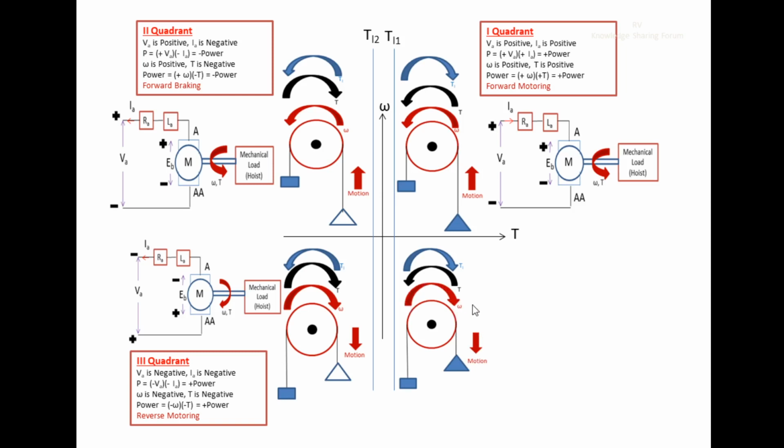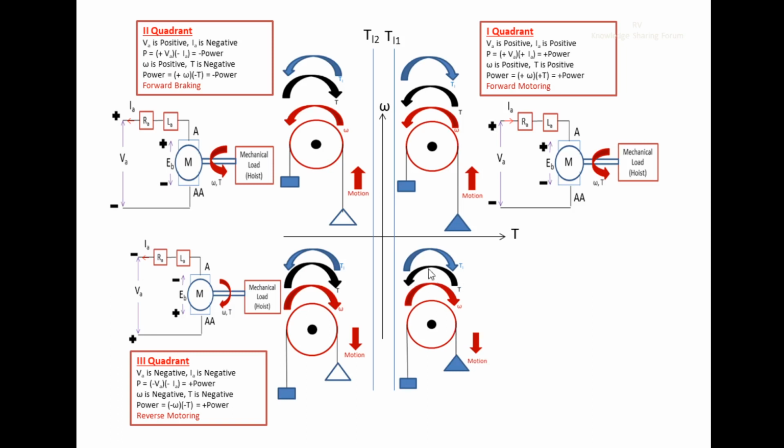Okay. Now our aim is to oppose this motion or stop this motion. So if we want to oppose or stop this motion, we require the braking torque as we discussed in the second quadrant. In order to stop this motion, we require the braking torque, and that braking torque has to be applied opposite to this because it is coming downwards. If I want to stop this downward motion, I have to apply an opposing torque in the upward direction. That means opposite to this.